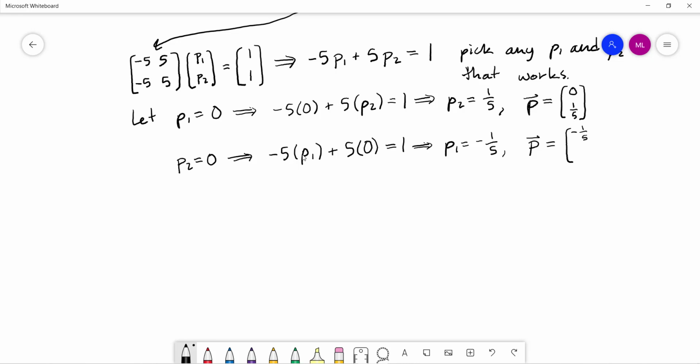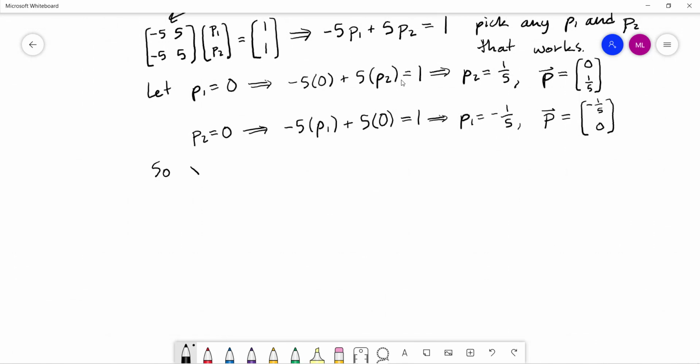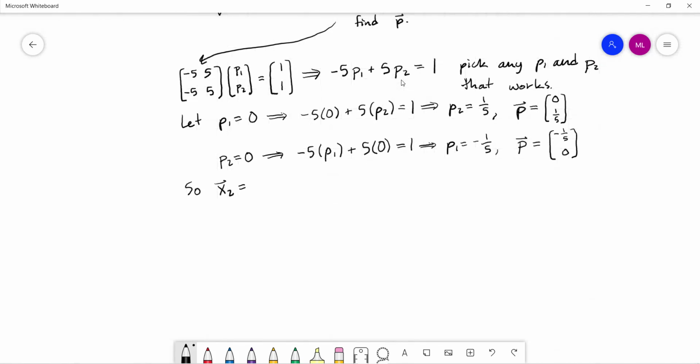Negative 1/5 for P1, 0 for P2. Or you could have done some other combination, but they're only worse. So the easiest way is just pick one of them to be 0. Either of these are fine. So when we finally construct the whole solution, we get that x2, our second solution here, remember, is the original